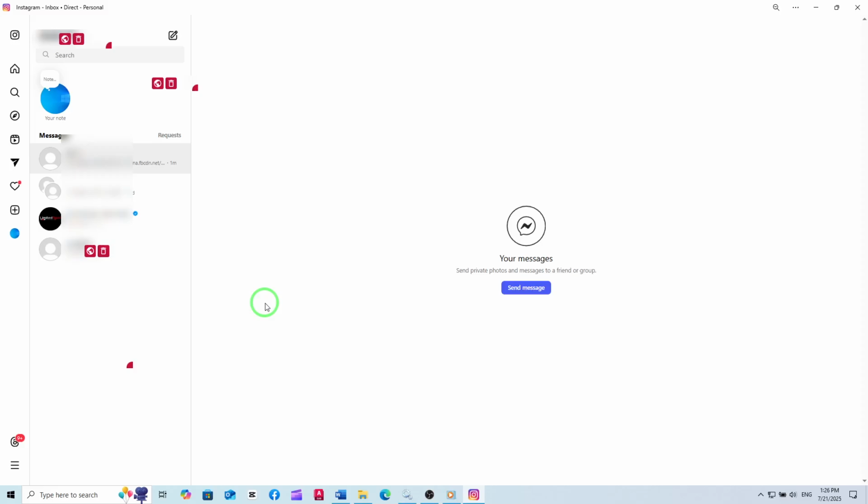That's all it takes. With these simple steps, sharing Instagram stories from your PC is quick and seamless. Try it out the next time you want to keep your friends updated or share something